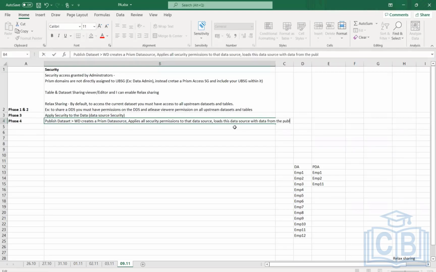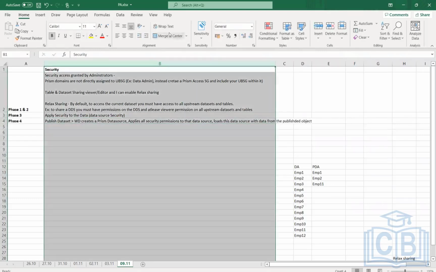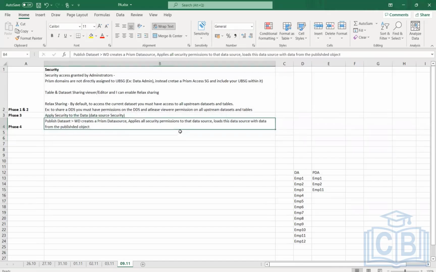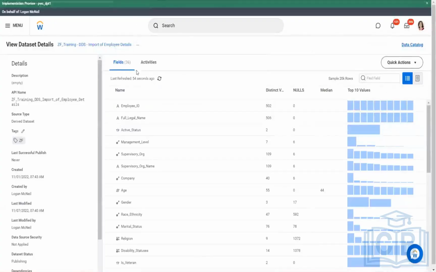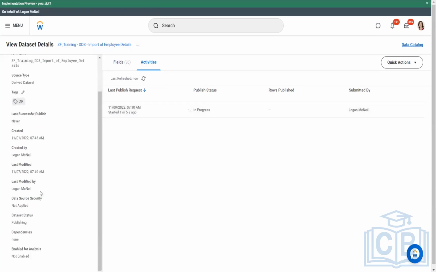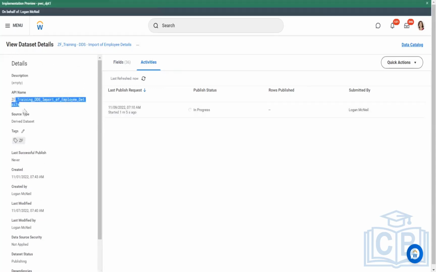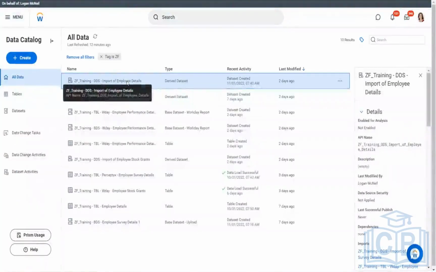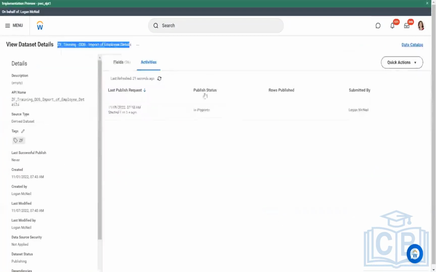From the published object. When I say published object, this could be a table or this could be a derived data set. So when I do that, this would take a while. Okay. So when I do that, Workday creates a Prism data source. Right now, there's no Prism data source that has been created. Applies all the security permissions. Currently, we have not applied any security permissions. So it is taking the default security, and all the data in this data set gets loaded into that data